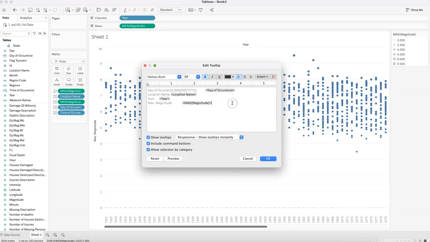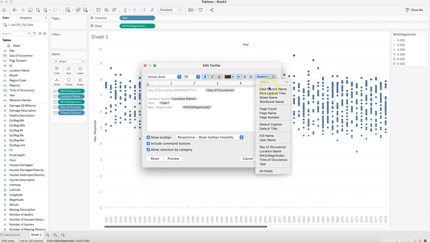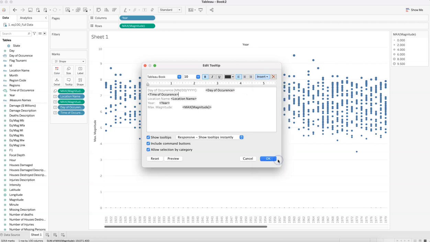Looks like it is not added to the tooltip. Let me just add it below the day of occurrence over here. Time of occurrence, or let me just choose this. And I'll say time, and let's just say